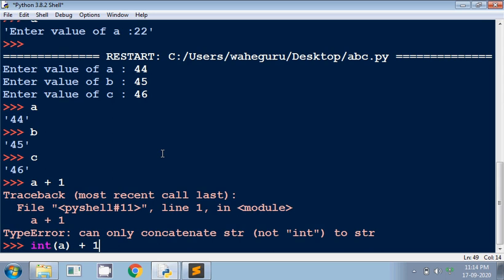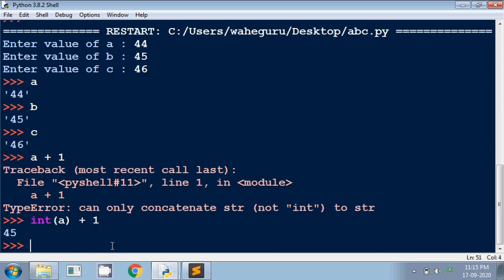The value of a was 44 in string format. This int function converted that value into an integer. So now it is 44 as an integer, and then plus 1, so it will give me 45 this time. Okay, cool.